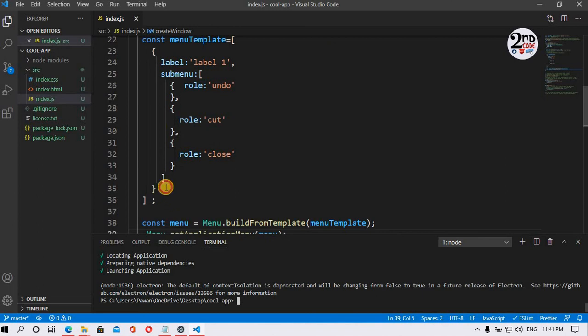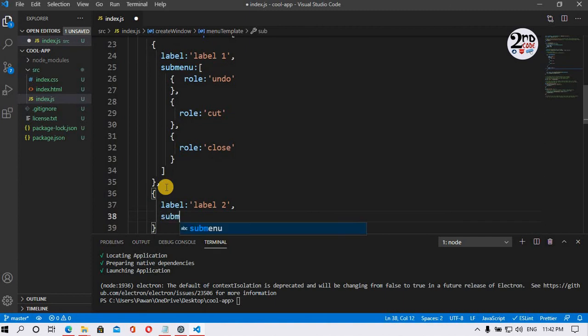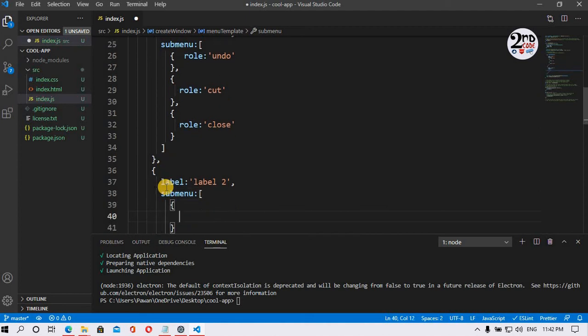I'm going to create a new label, label 2, and inside the submenu I'm going to create my own submenu.